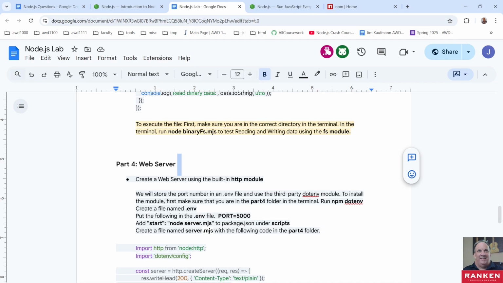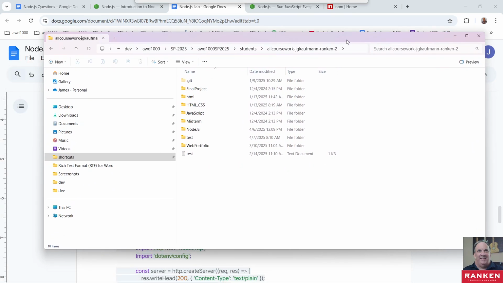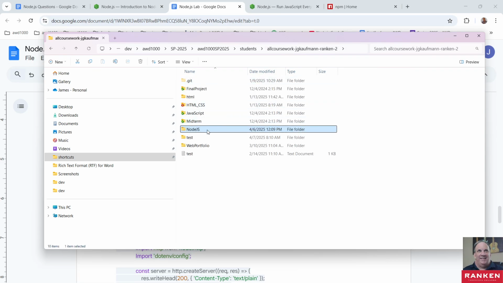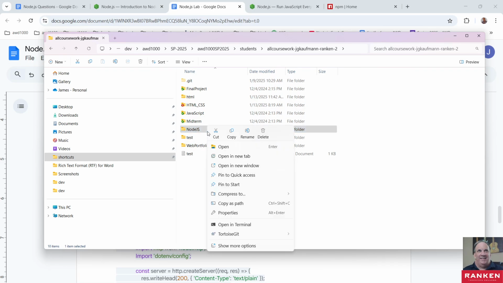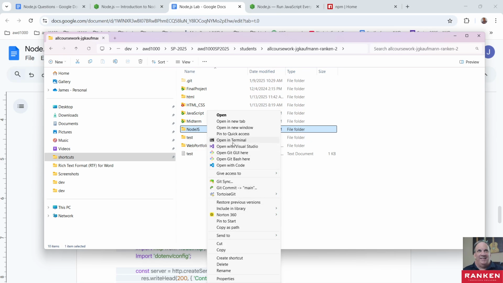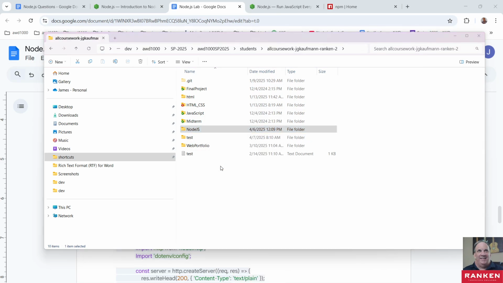So I'm going to go ahead and bring up that first Part 1 project here. Go ahead and have a Node.js folder in there, Part 1 through Part 4. I'm just going to open up the first one. Before I do that, let me show you, you can have this all in one if you want to open it all together. But the problem with doing that is it can become kind of confusing because each one of these is going to be a